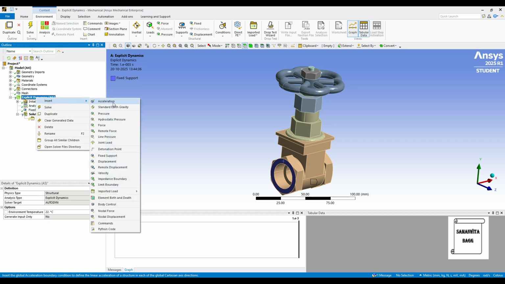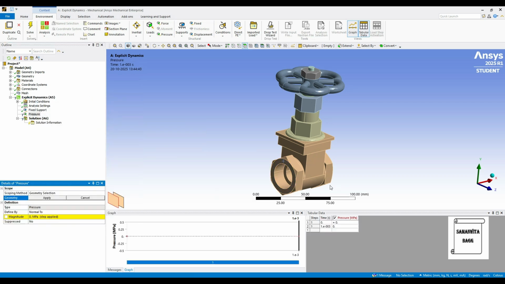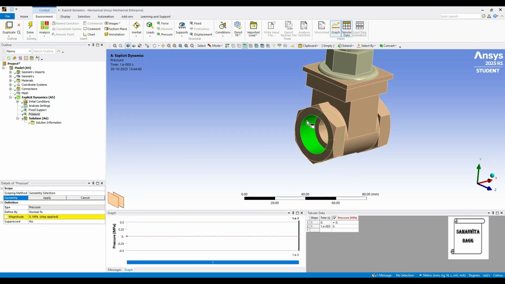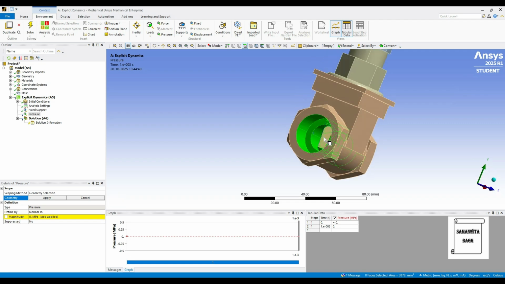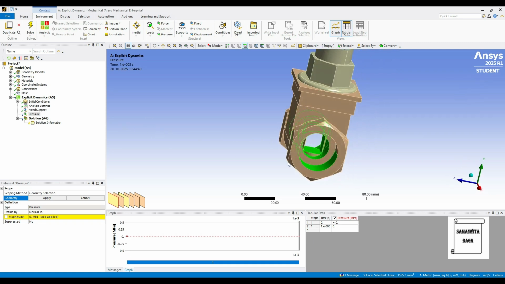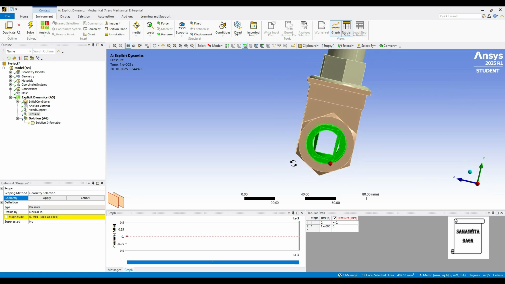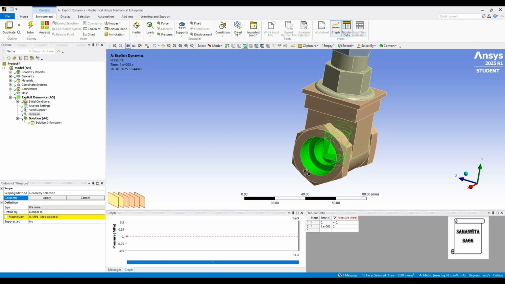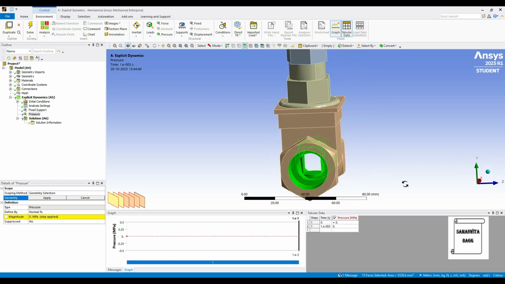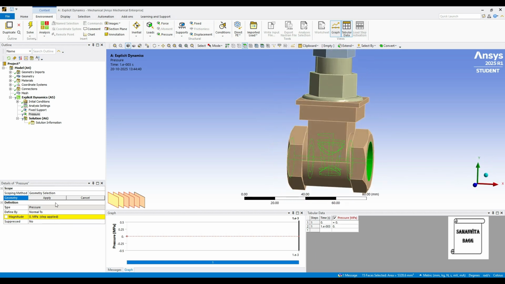Then I'll right click and insert pressure on these internal ends. So once we have selected all of them, click on apply. Then I'll give magnitude as say 5 megapascal.